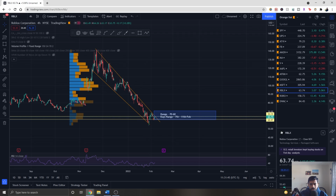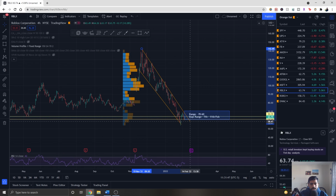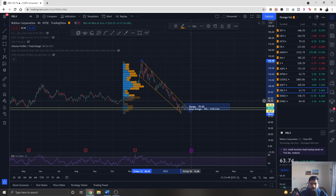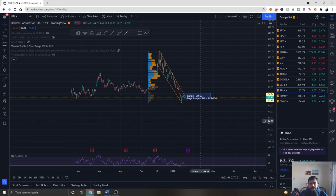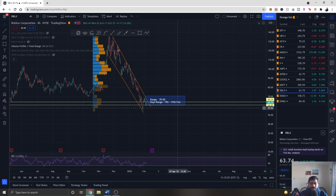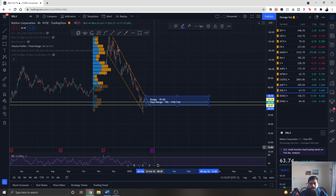Next one is Roblox. Roblox is very interesting, and since the last Fed meeting it has been constantly selling off, and we are right at its IPO level. Now this earning is on 15 February, and everything is based on their earning. Considering Facebook dropped so massively, I expect if Roblox puts